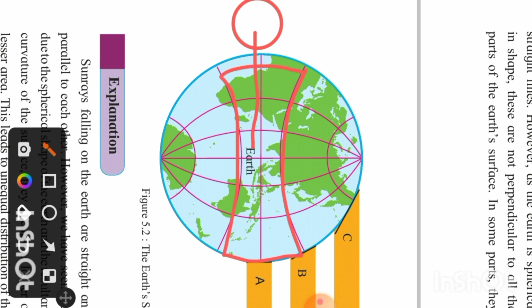We have learned this in chapter 2. I hope you remember, it's perpendicular in this area, and the other area, this area and this one, okay, both this area will receive slanting, okay. In Hindi we may say tirchi, okay, slanting sun rays,